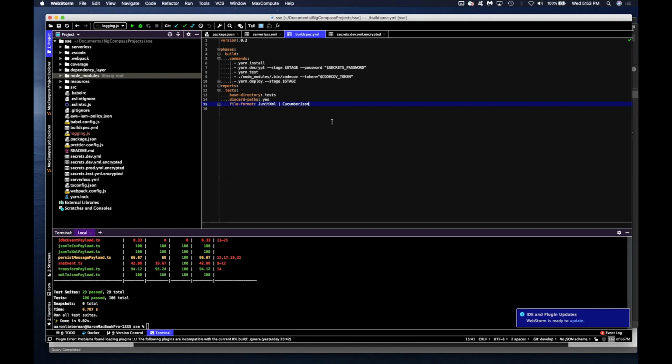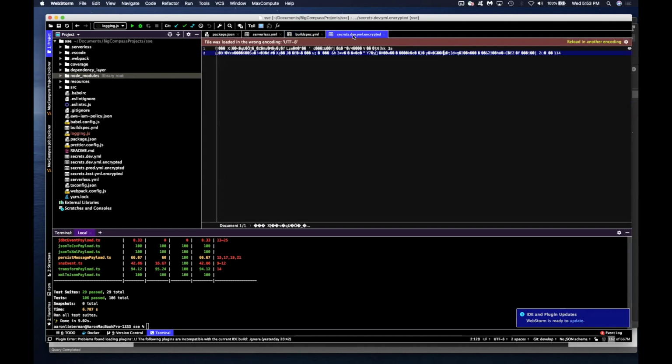Next thing I'll show here is just an encrypted file. Not much, right? But we're using serverless implementation best practices here to be able to store some sensitive information. And this is only decrypted at build time, at deploy time. During our deployment process, we have keys stored in AWS that allow us to decrypt this information. Other than that, when it's checked into GitHub or what have you, it's not going to be in plain text.